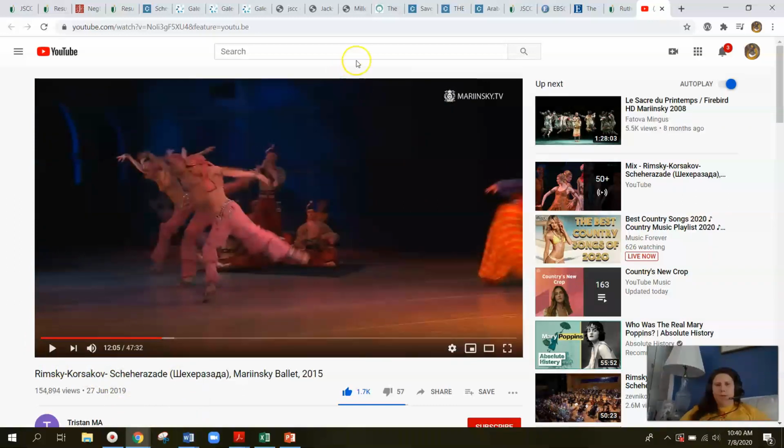I'm pretty sure I read somewhere that Scheherazade is represented by a violin, and you'll find this in music that is based off of a story. Different instruments will represent different characters in the story. Anyways, great ballet.